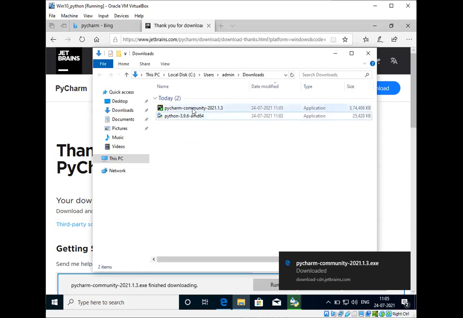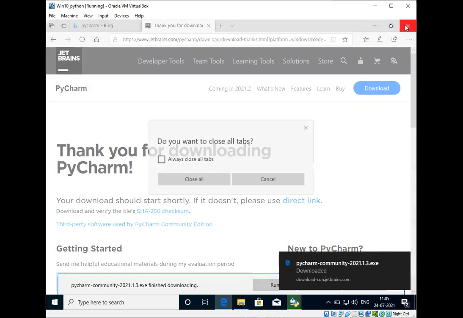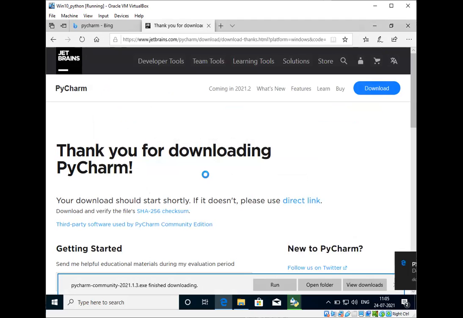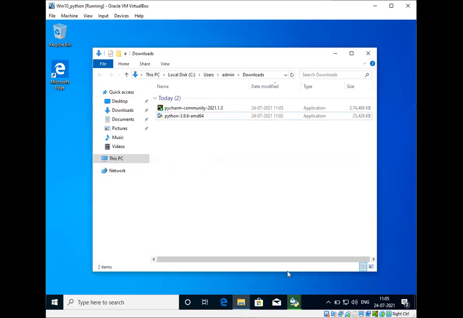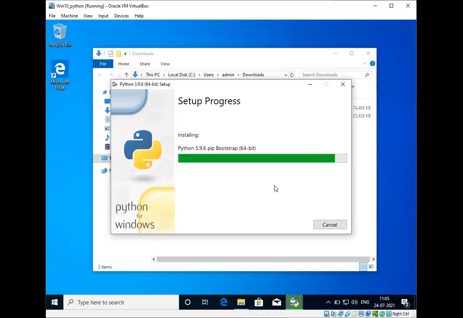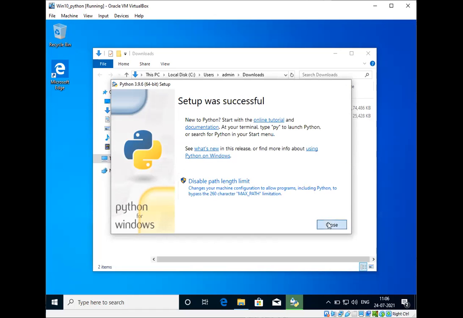This PyCharm also got downloaded now. Python got installed.